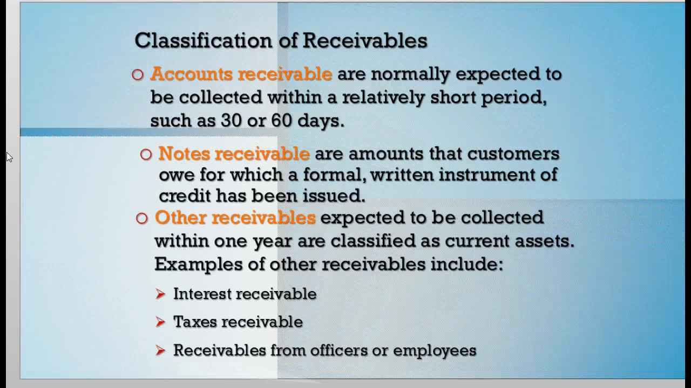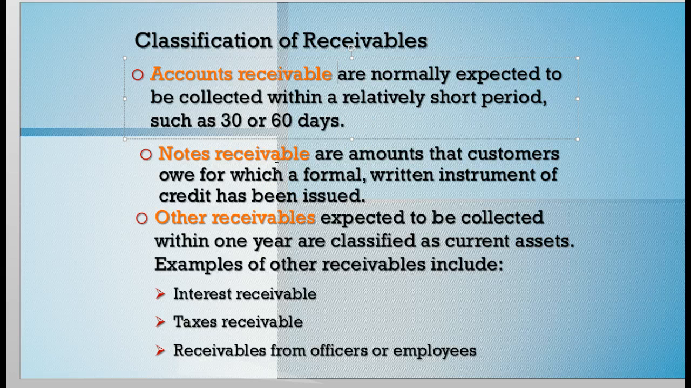You've got accounts receivable, which we've been working with, and they're normally expected to be collected within 30 days, so that's a current receivable. You have a notes receivable, and that's going to be due in a longer period of time, usually 90 days, 6 months, maybe a year. Notes receivable are usually larger amounts than the accounts receivable. Sometimes an account receivable can't be paid within 30 to 60 days, so they'll turn it into a note receivable